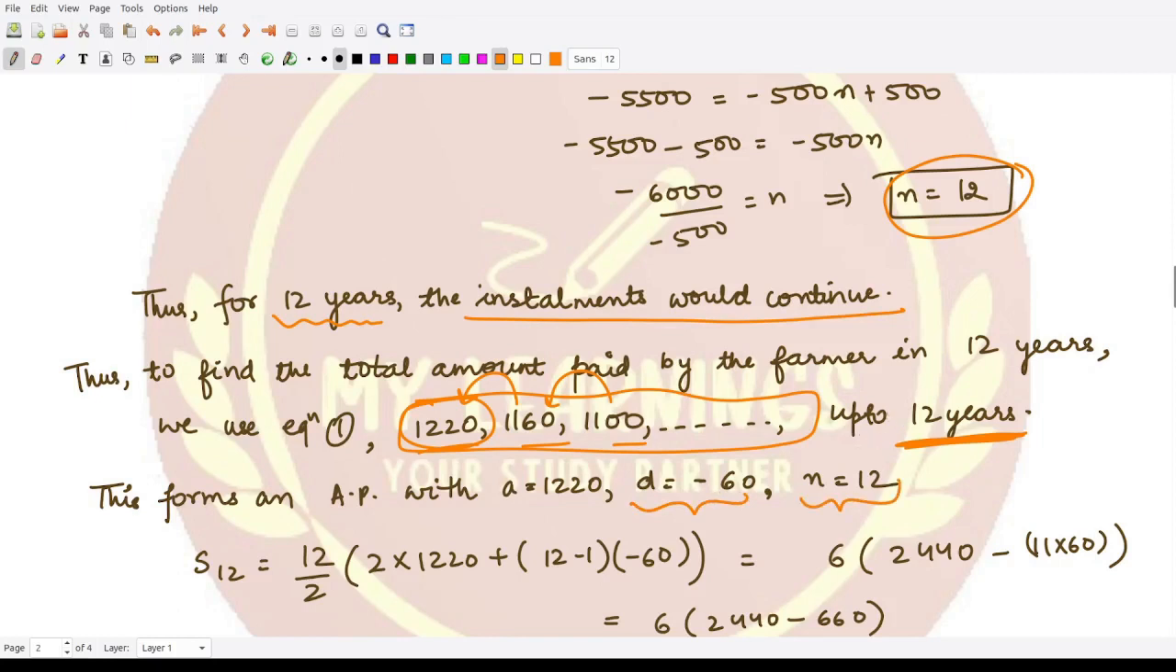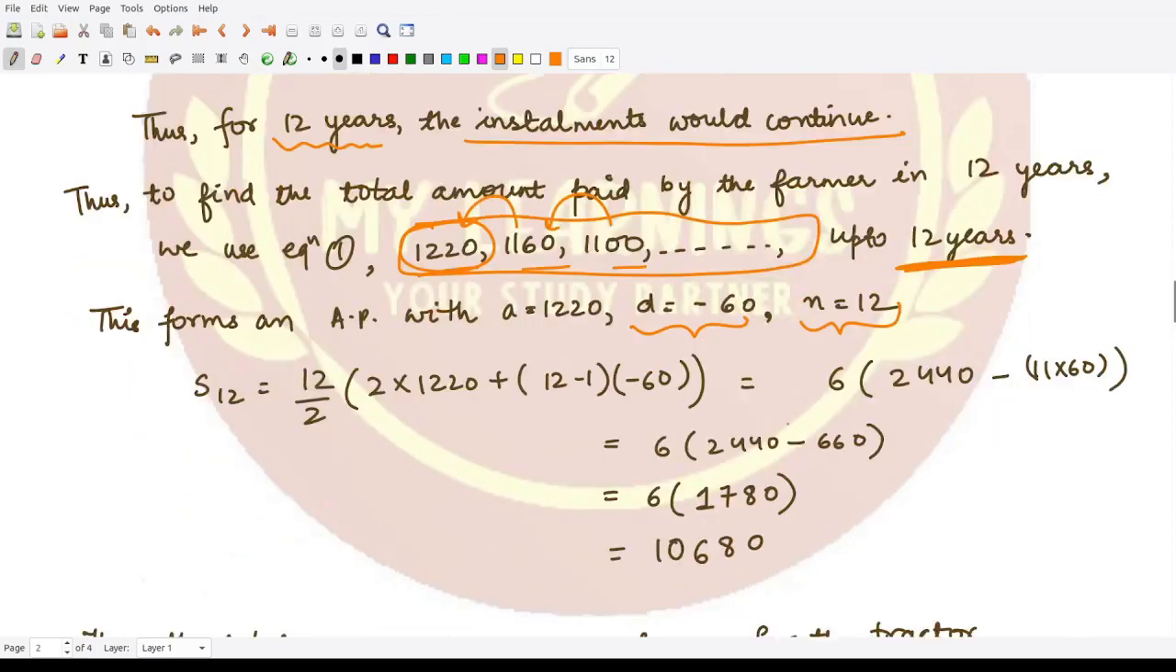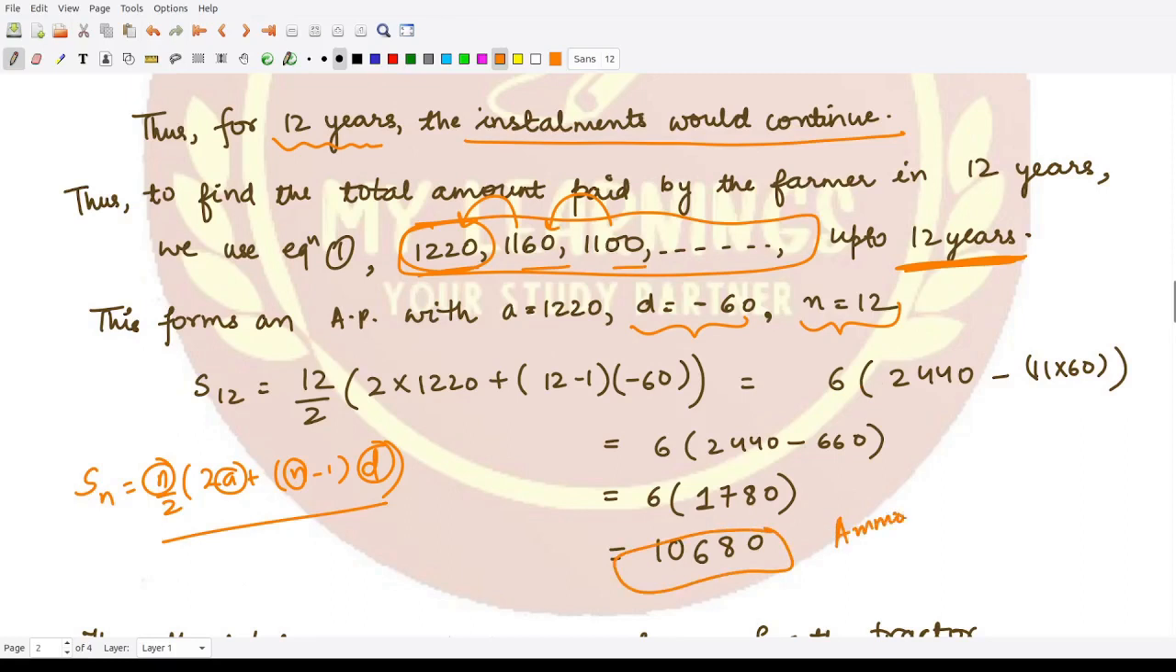So therefore in this case the sum of the first 12 terms, if you remember the formula for the sum, is n by 2 times (2a plus (n minus 1) times d). This is the formula for the sum. You know the value of n, the value of a, the value of d. You can substitute all these values and calculate S12. So once you compute this, you see this is the amount which is paid by him. This is the amount paid by him after buying the tractor,